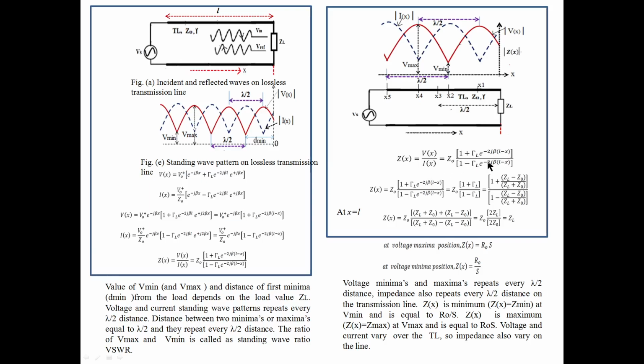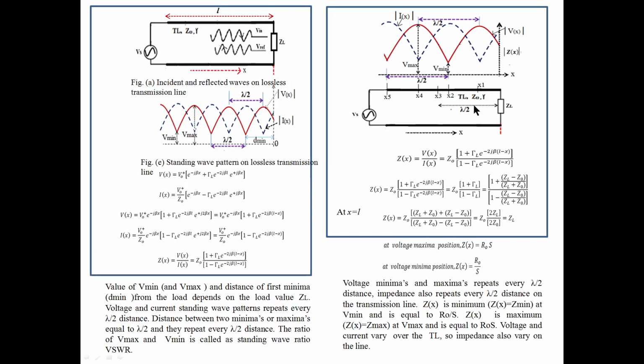Okay, this is a complex equation. We have to do all these calculations, and it will take time. For example, I want the impedance at 0.1 lambda, a distance in terms of lambda. If you move a distance of 0.1 lambda from the load, what is the value of impedance? That is difficult to do using these mathematical equations, which we have to use for that calculation. Okay, that is difficult.